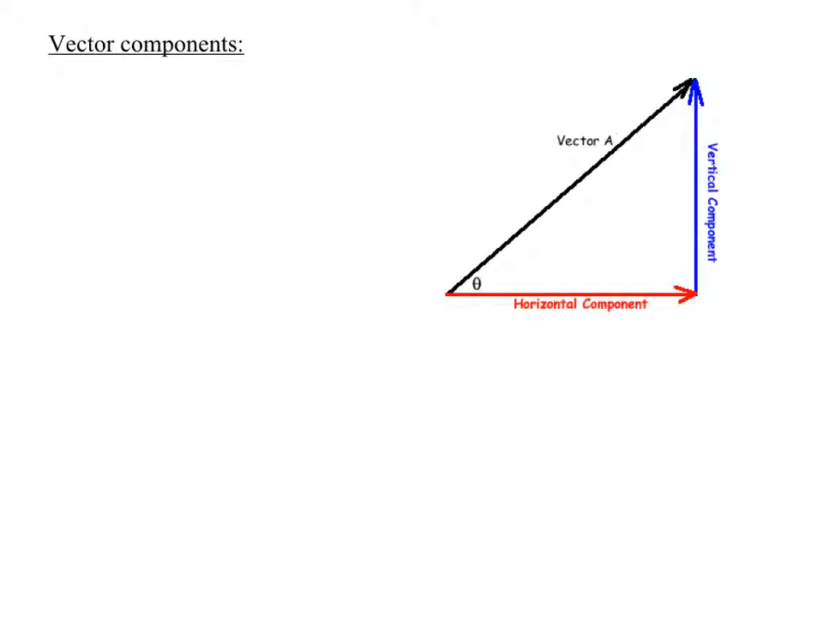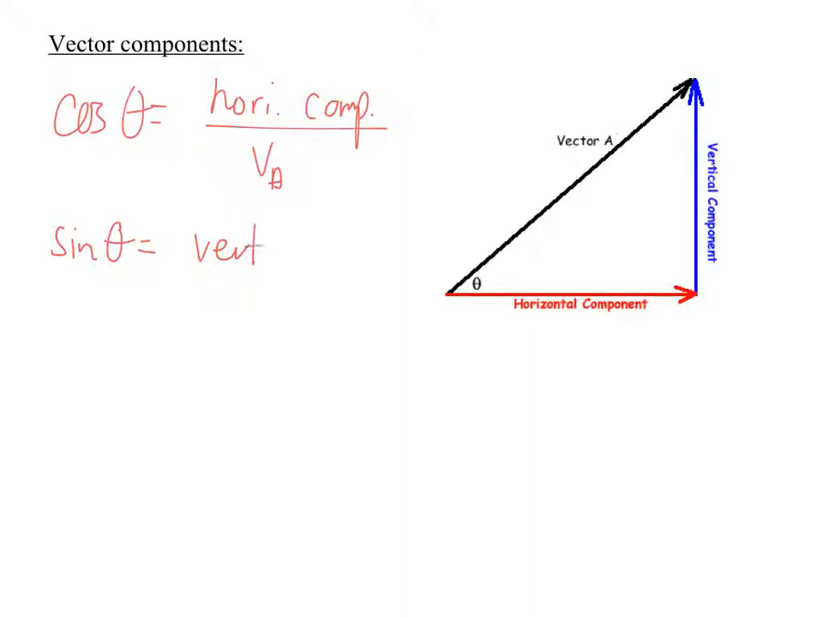So to do that, we have to think of our trig functions here, obviously. And we can write down the following relationships. You can obviously see here that for the angle theta, we can write down our cosine relationship as adjacent over hypotenuse. And for the angle theta, the sine is opposite over hypotenuse. So we'll say that the cos of theta is equal to the horizontal component over vector A. The sine of theta is equal to the vertical component